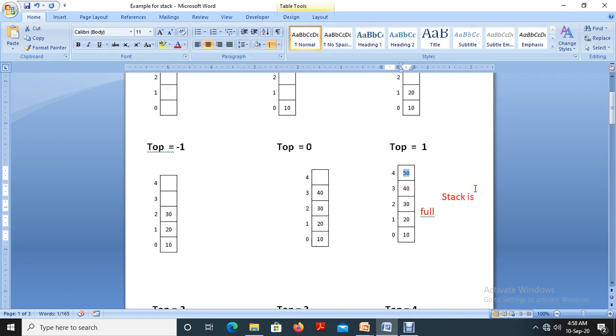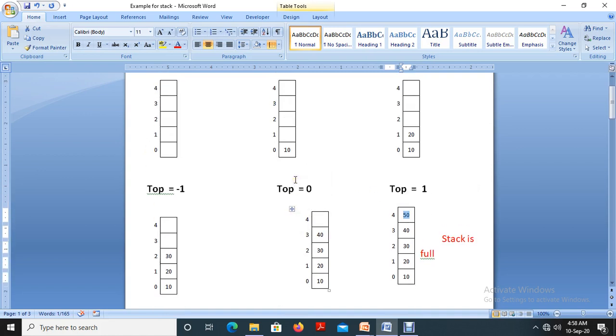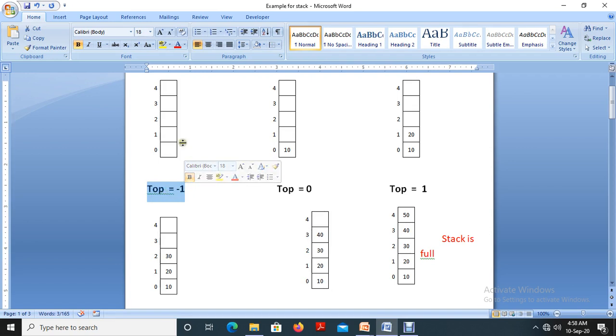So to avoid that, we want to verify the status of the stack. For verifying the status of the stack, I am using a variable named top. So top always represents the status of the stack. In this case, the stack is empty. We don't have any elements in the stack. At that time, we can consider top as a variable. I am discussing this concept to help you write a program.